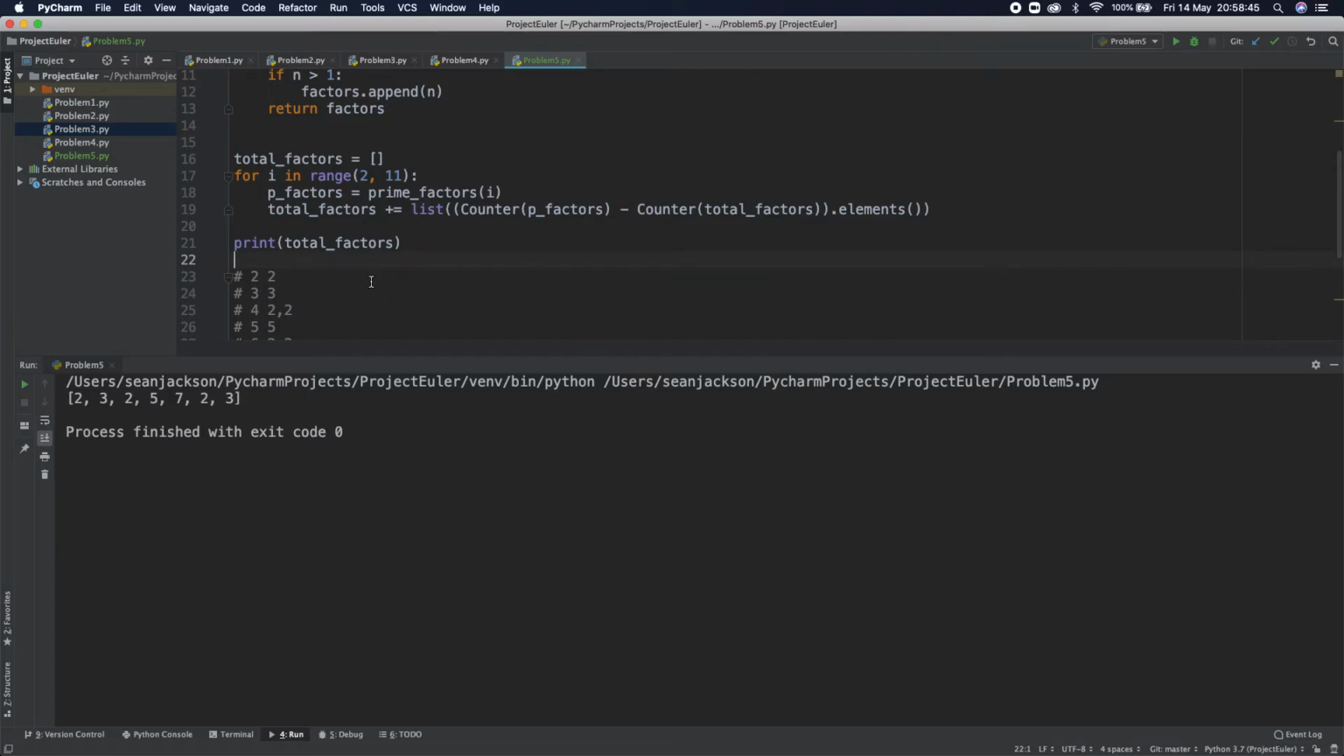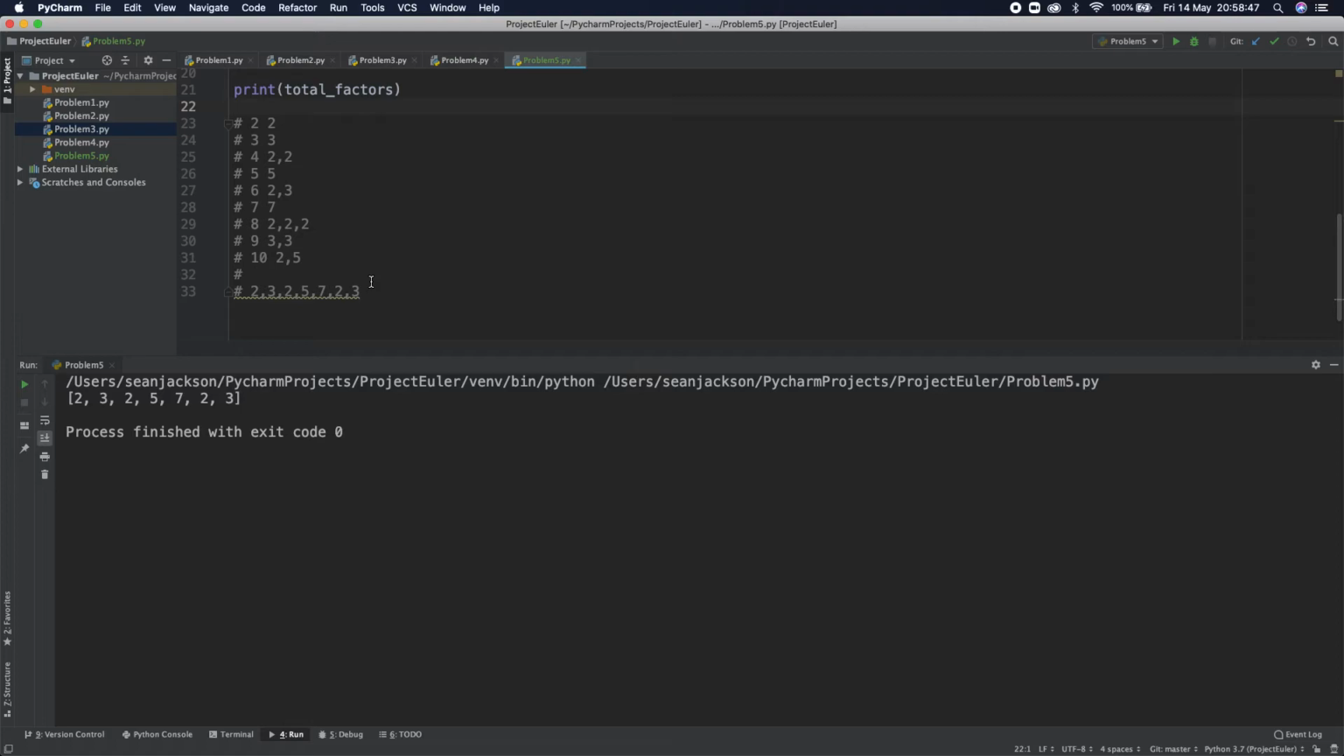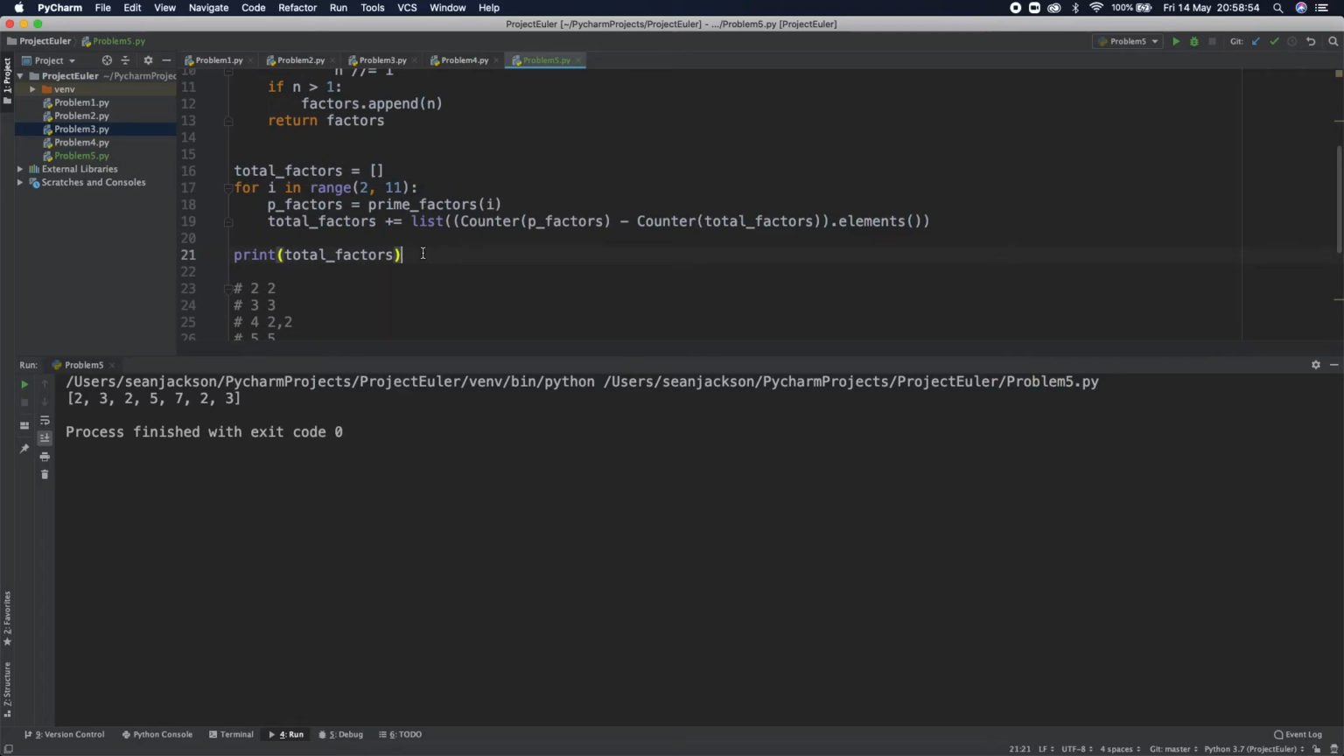Wow. Okay. That worked perfectly. Nice. Okay, that's the exact list we wanted. So total factors ends up being the list of the primes that we need. So all we need to do now is